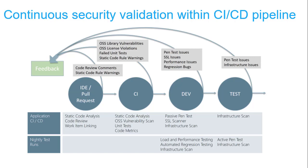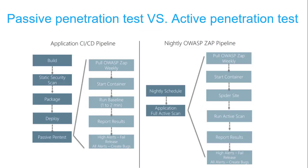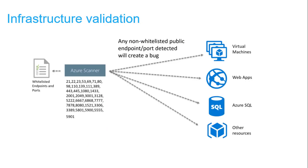And as we explained before, we prefer to use the container image because it is updated better than installing OWASP ZAP as a local installation on our environment. As an overview, the application CI/CD pipeline should run within a few minutes, so we don't want to include any long-running process. The nightly OWASP ZAP can spider the website and run the full active scan to evaluate the most combinations of possible vulnerabilities. Besides validating the application, we need to validate the infrastructure as well to check for any